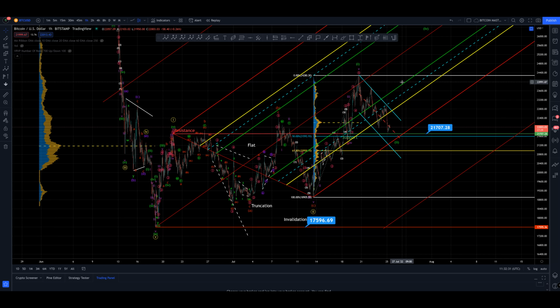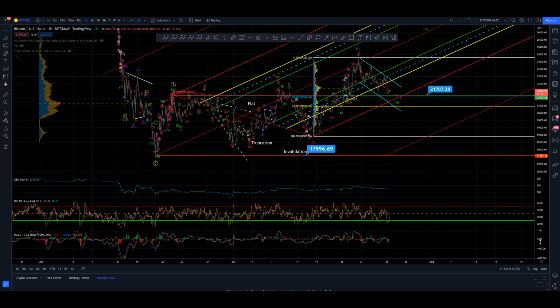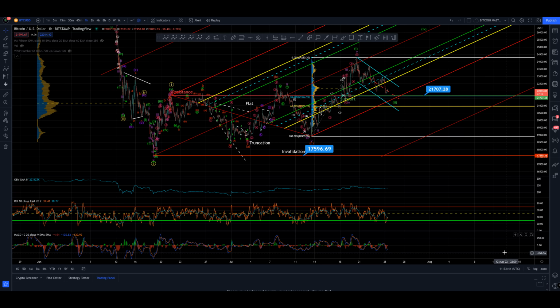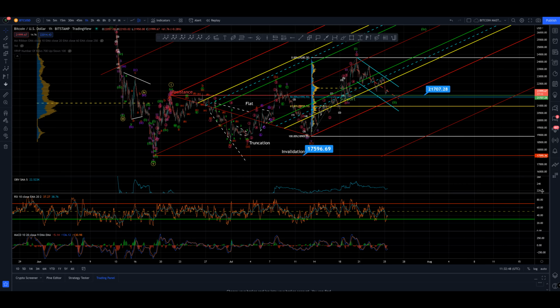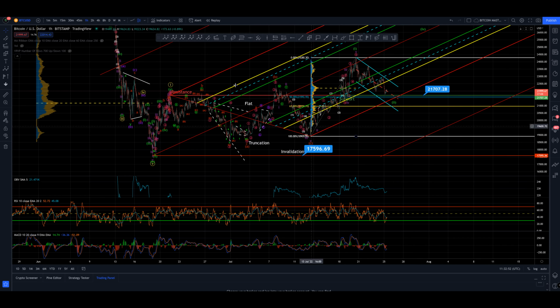That's it. Looking for the same setup again, and waiting and trying to be patient until it arrives to be a buyer. In the meantime, trade support and resistance. Keep a close eye on your indicators, and trading over the shorter term for those who are prone to doing it, I think is the best thing you can do at the moment. Or just leave it alone completely. If you're a swing trader and you want to wait for a better setup, go do something else with your life.